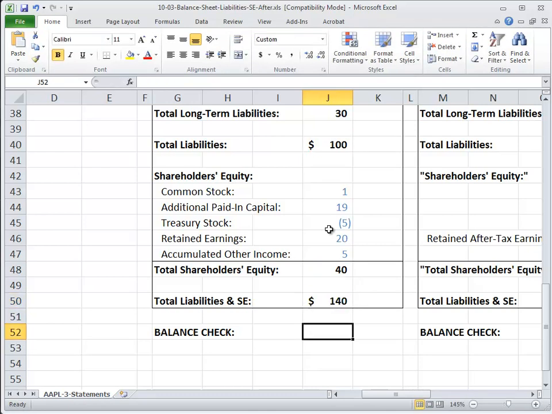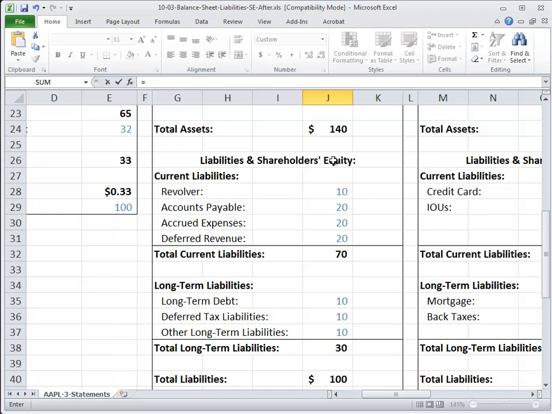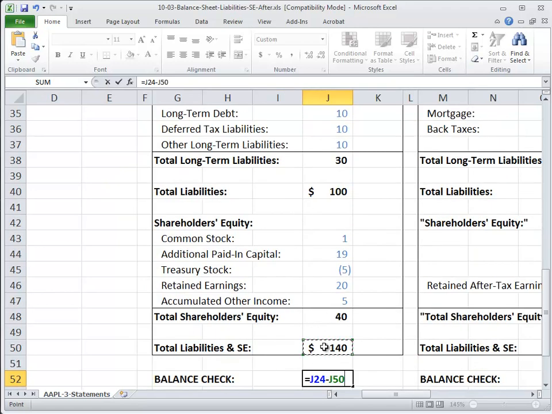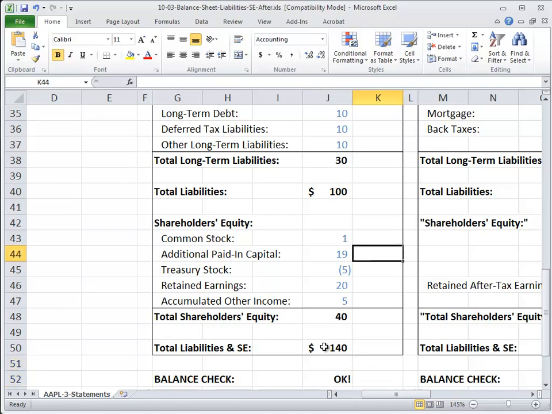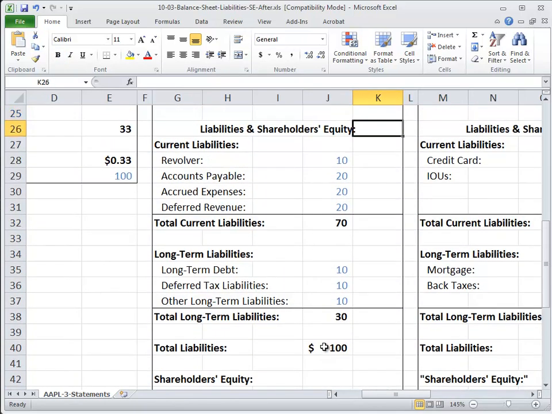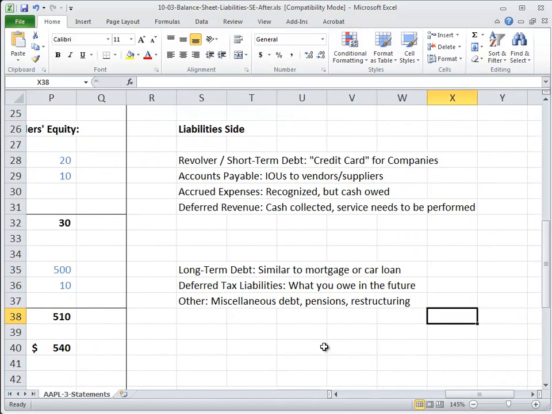Let's do our balance check now and go up to total assets and then subtract total liabilities and shareholders' equity. And so our balance sheet balances. So that is an overview of the balance sheet and how we add up everything and ensure that it actually balances correctly. Just to review the items, I have some key notes here for different items that we went over